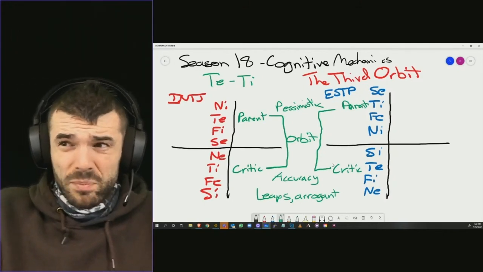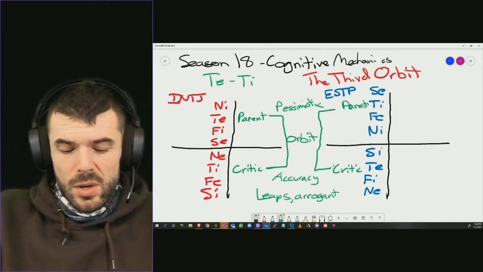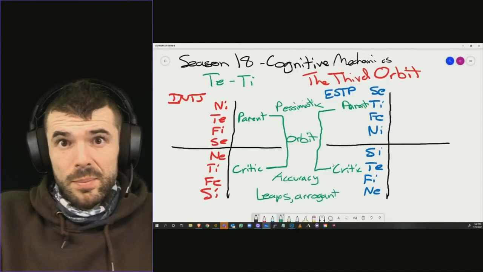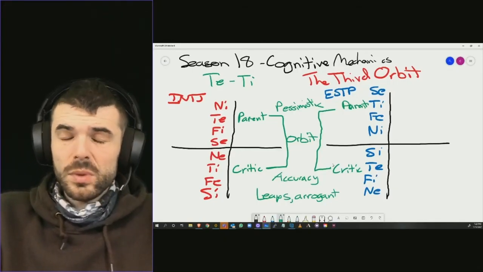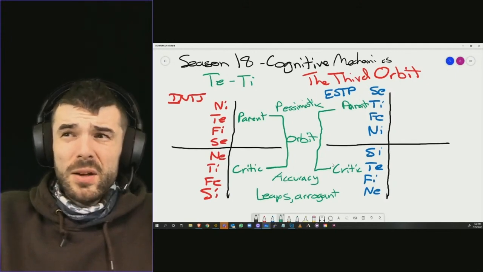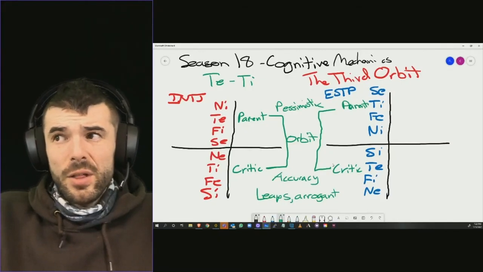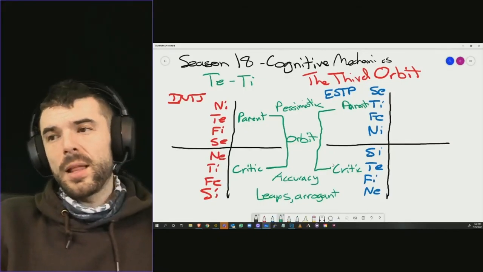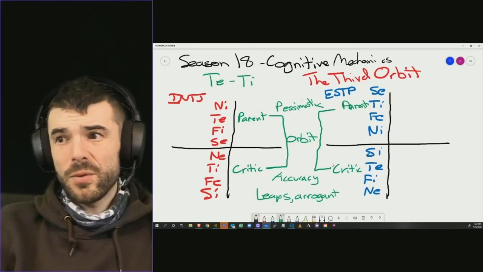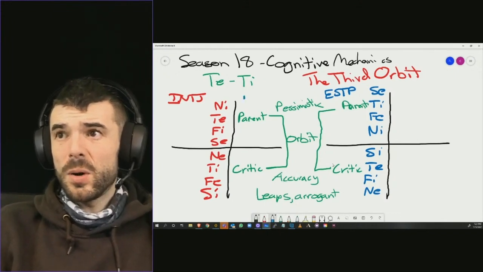But looking at it here, like a hero function, so like NI-hero with what it wants, it can be really impulsive versus an NI-parent. While still impulsive, at least it's responsible. So the pessimism allows for parent and critic functions to be more accurate than their other functional counterparts. This is why I like to call this a capacity for mastery, okay? So these two types are masters of thinking.